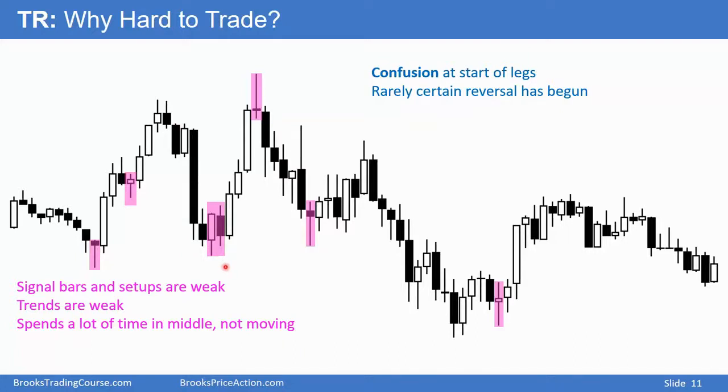Usually, when you have a trend with a very deep pullback, in this case up and then down, big up, big down, big confusion, usually leads to a trading range. Here we have big down and big up, usually leads to a trading range. Signal bars are often weak. You want to be buying after 5 consecutive bear bars, one of them closing on its high. Here you have a doji bar, does not look like a strong buy signal. Here you get a bull bar, but following a very big bear bar with a follow-through bar, not a convincing buy.